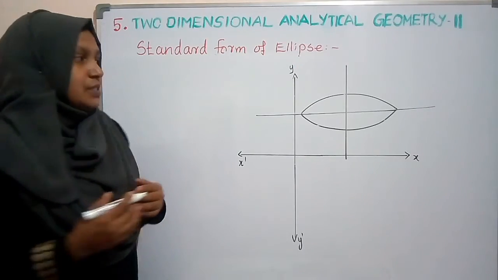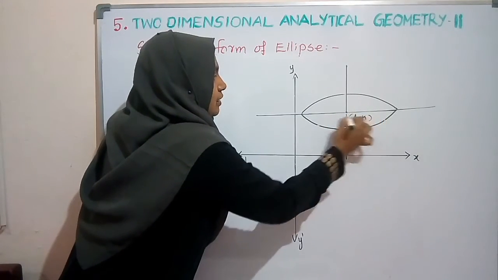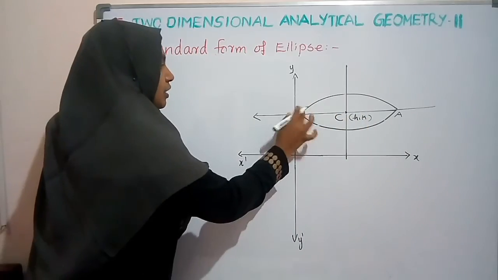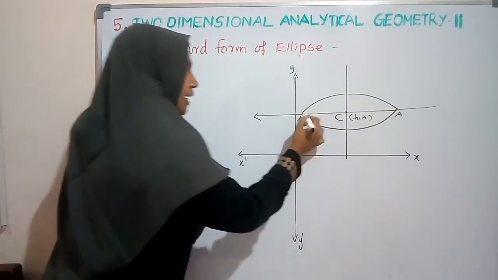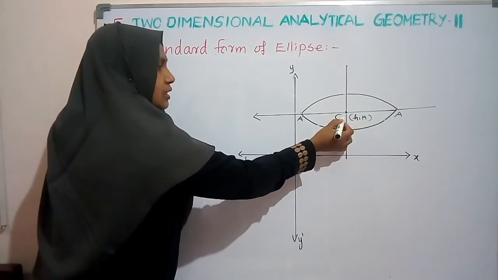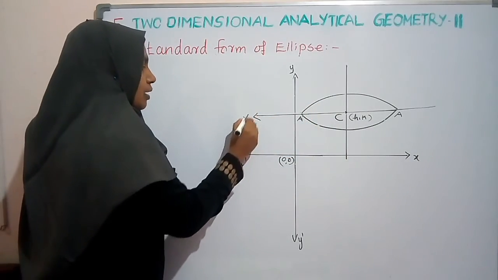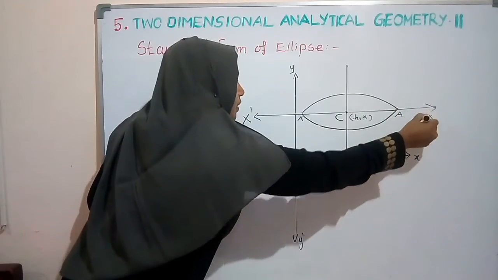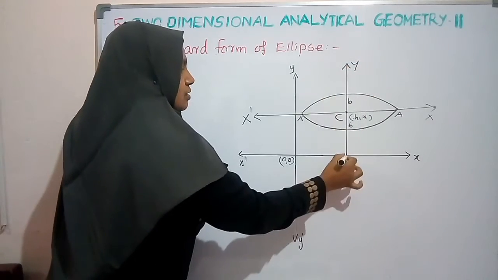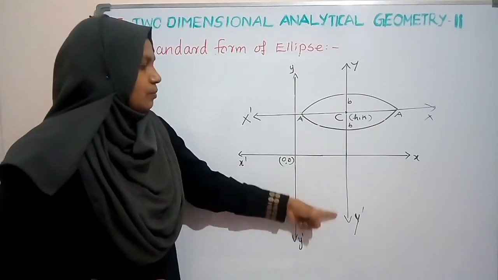When the center of the ellipse is shifted to some other point h, k. See, here we have the center as h, k, and this major axis A dash is parallel to our x-axis. See, here we have the origin. Now the center is h, k and this major axis is parallel to the x-axis. So here I am marking a capital X. And the minor axis is parallel to the y-axis. I am marking it as capital Y.